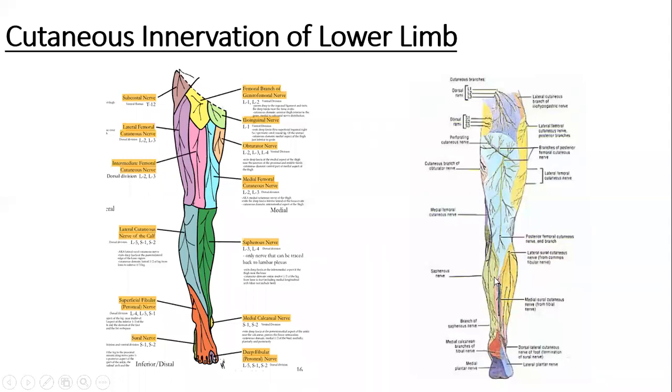Then in the region of the leg, posteriorly, up till the upper middle of the back, it is still supplied by the posterior femoral cutaneous nerve, whereas the rest of the posterolateral and posteromedial areas are supplied by the sural nerve and saphenous nerve. The region of the heel is supplied by the medial calcaneal branches. And over the lateral margin, we have the lateral plantar nerve, and over the majority of the plantar aspect of the sole medially, it is supplied by the medial plantar nerve.